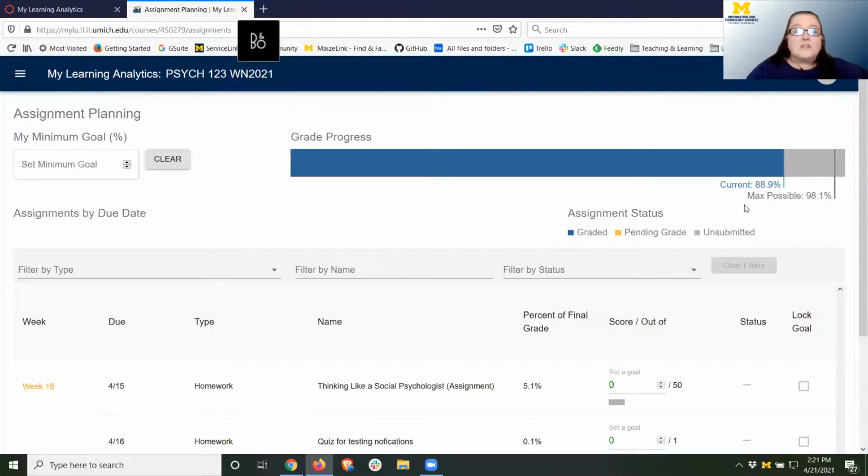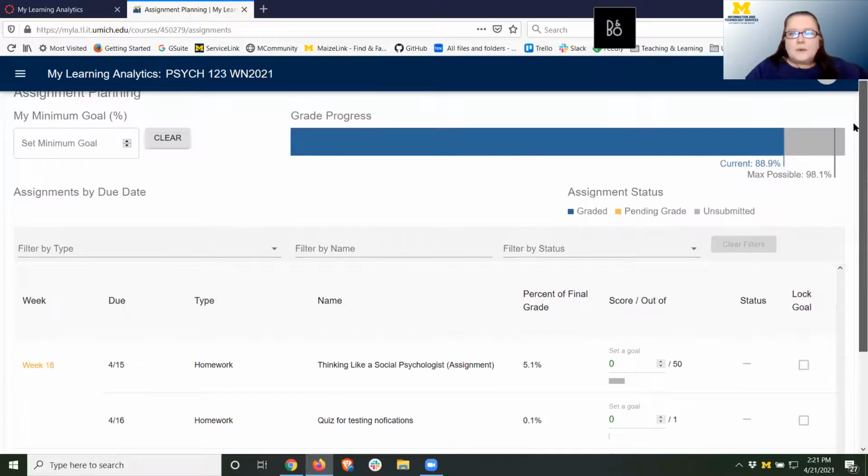So not really their grade, but really their score, their percentage. And they also have the option to set a goal for the course. This is a new version of assignment planning. This is our second version. It actually came about in part from feedback from students who wanted to know a little bit more about how they're doing. But it also gives them a chance, again, we're increasing the interactivity with this visualization more so than they had in the original version, which just showed them the progress bar and then the assignments down below that and when they're due. And before I put a goal in, I want to talk a little bit about what's happening at the bottom of the screen,